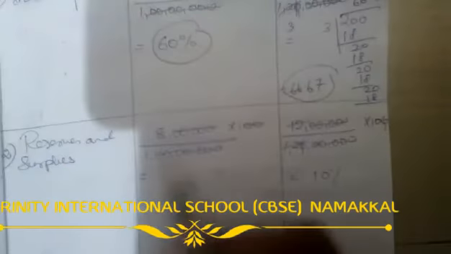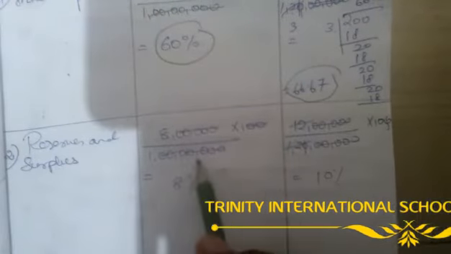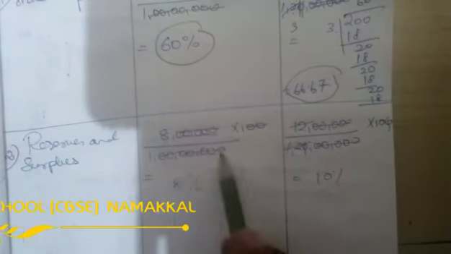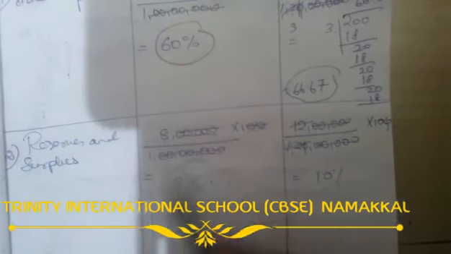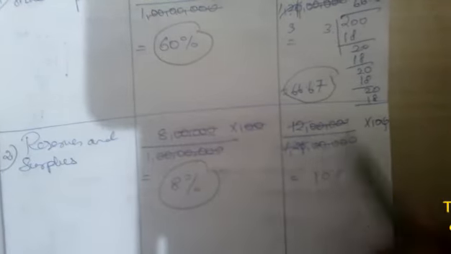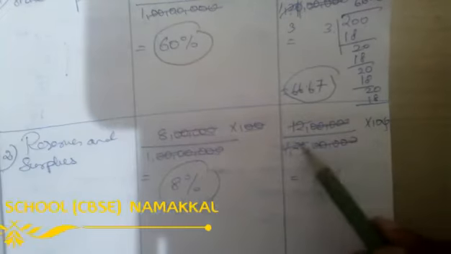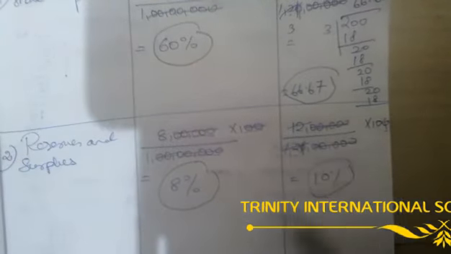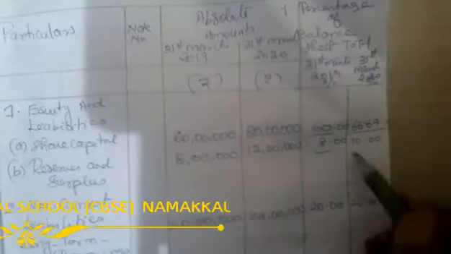Okay. Now coming to the reserves and surplus, in the same manner. The simplification here is very easy. Again all the 50s cancel, and with 100 we get 8%. Similarly here, 50 cancels, 10 and 10, so 12 cut it. Finally we get 10%. So once you complete it here, I transfer it here. See here, 8% and 10%.